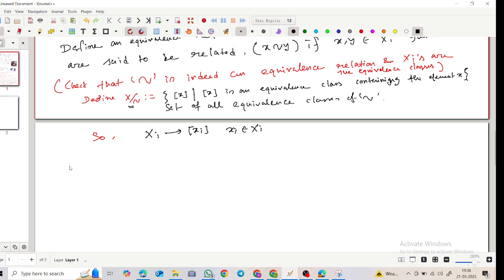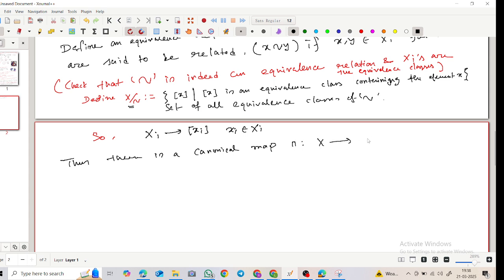So you see there is a canonical map pi from x to x tilde sending x to box x. We may write it class x. Okay, so clearly this is just a set here. This is just a set, right? We want to